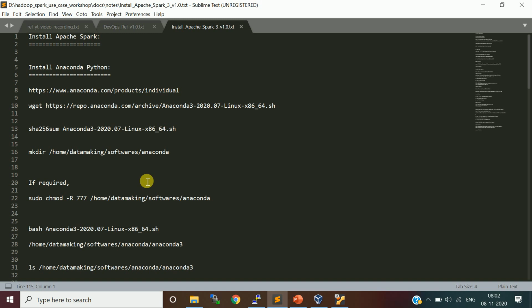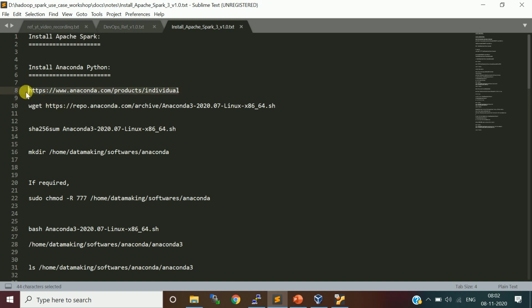Apache Spark is an in-memory distributed framework to do distributed computing on a large scale. Spark comes with APIs in four language flavors: Scala, which is the language Spark itself is built with, and Python, Java and R. I will be using Spark with Scala and Spark with the Python API, which is PySpark. So I am going to install both Python and Scala before installing Spark. I am going to use the Anaconda distribution of Python.